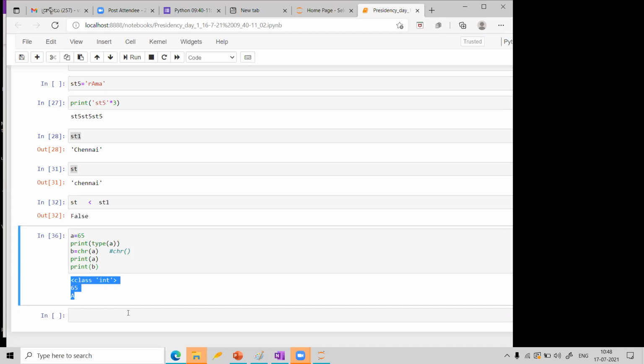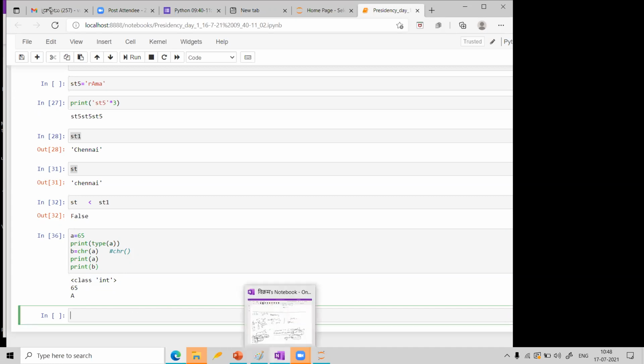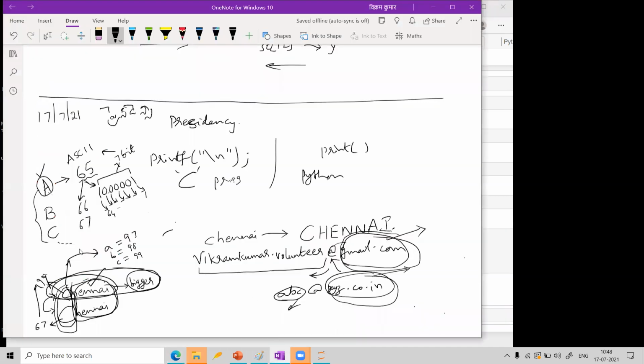Try to print what is small c and capital C. I already told you capital C is 67 and small c will be 99. You just try to print those values and check.